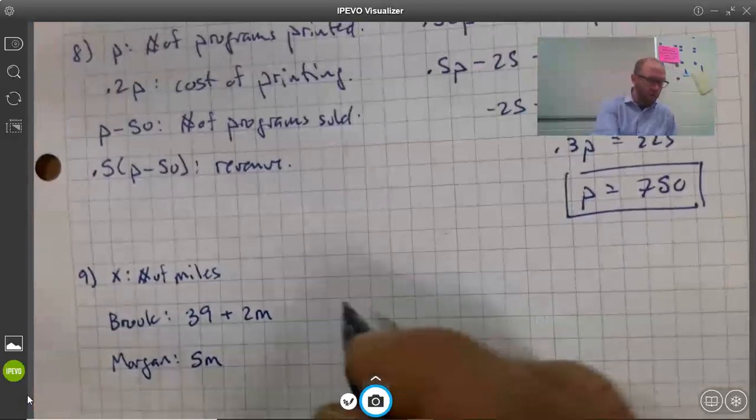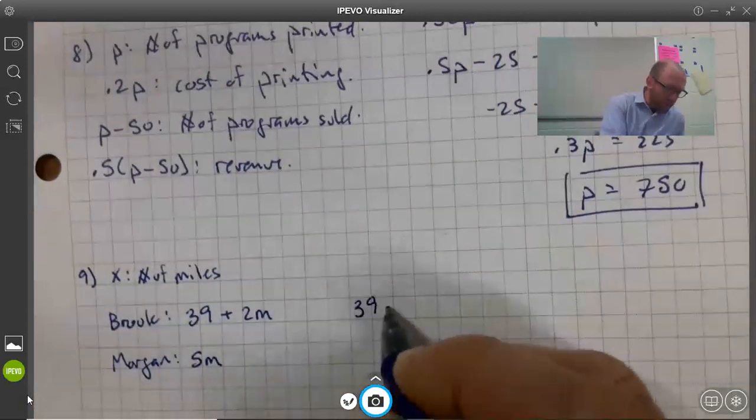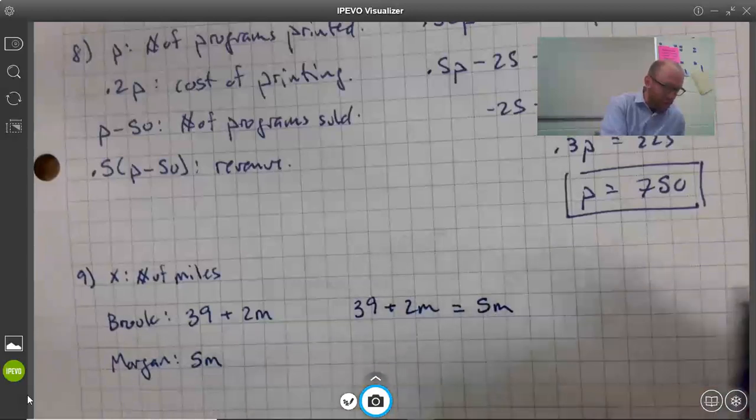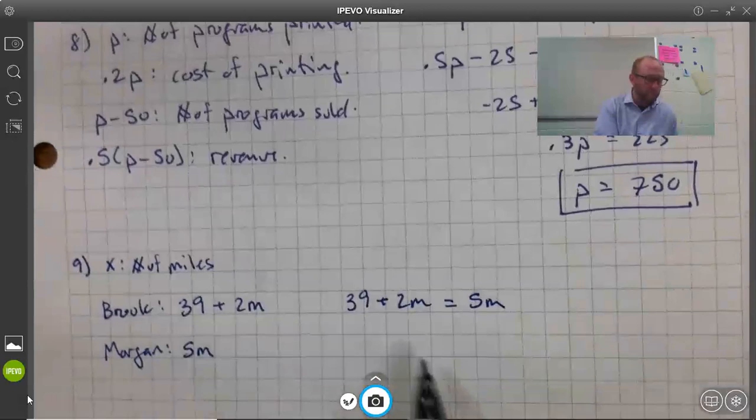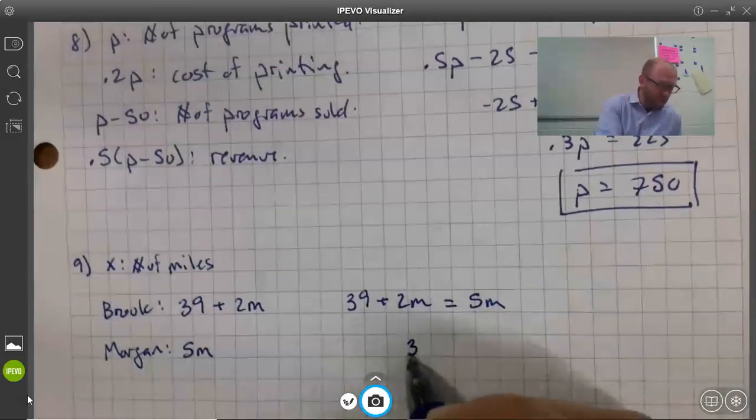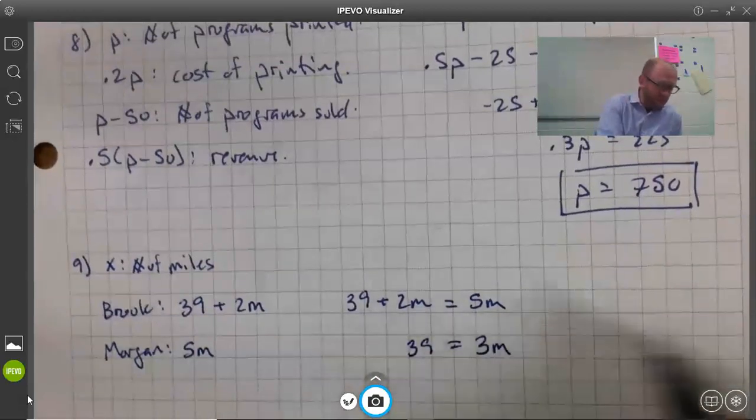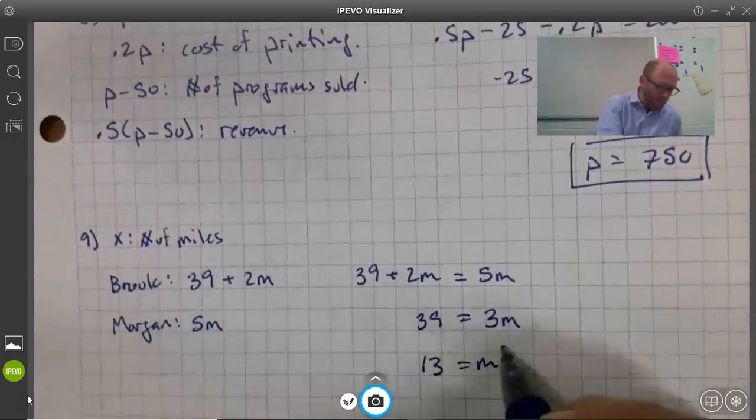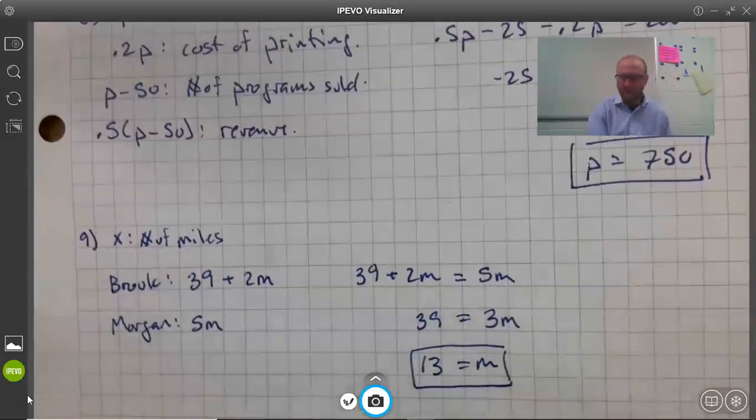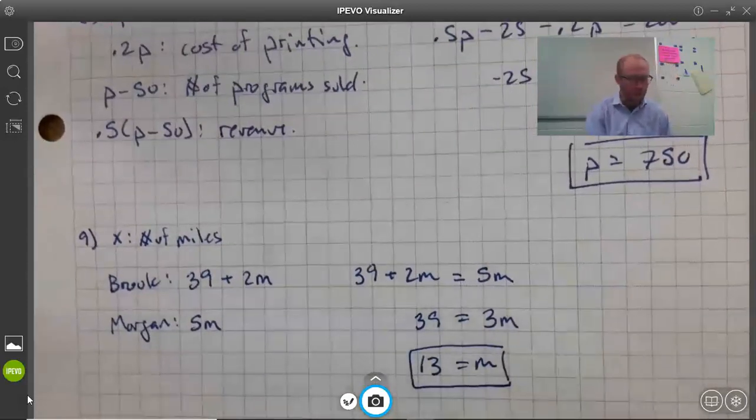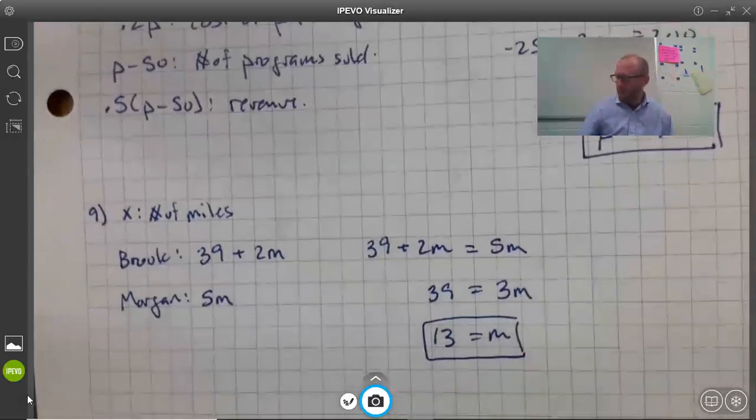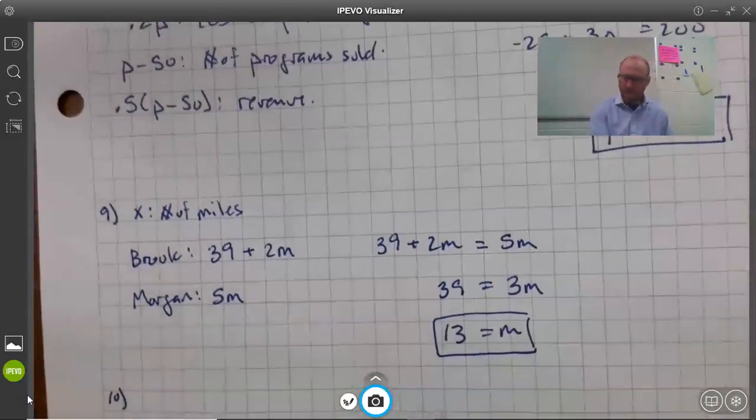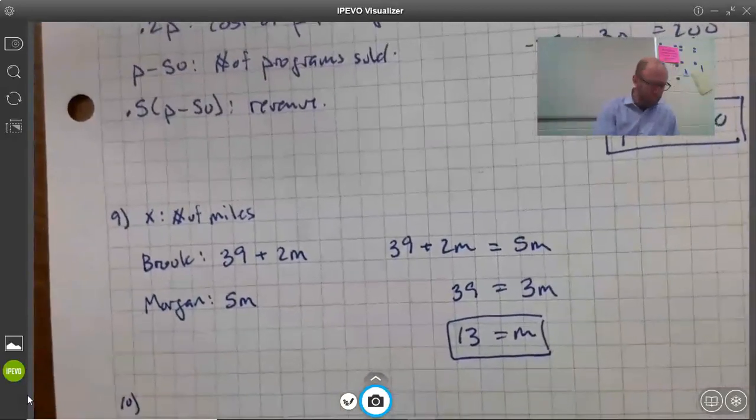We're trying to find when these two are going to be the same, so when is $39 plus $2 per mile the same as or equal to $5 per mile? Let's say I'll subtract 2m from each side, and I get 39 equals 3m, and I divide by 3, and I get 13 equals m. So I get told 13 miles is going to be the same no matter what. All right, and then, this is going to work out perfectly. Last problem, number 10, we've got change. Let's see, we've got